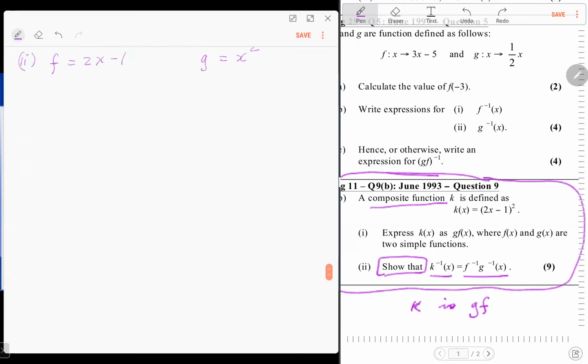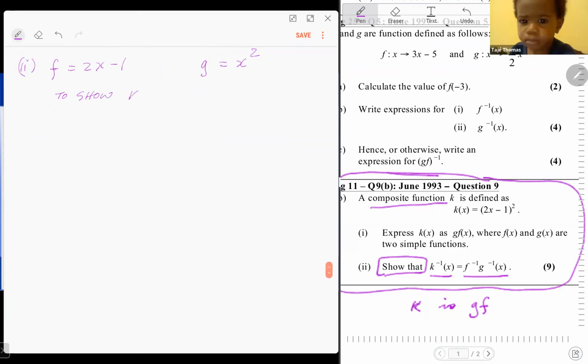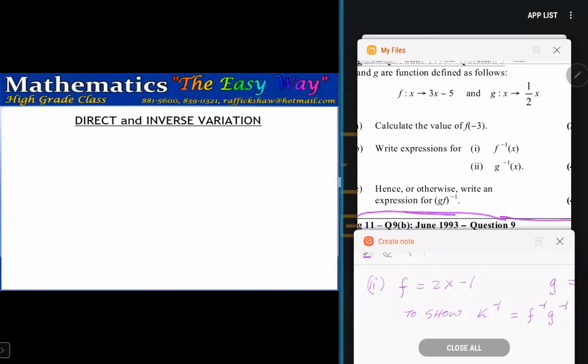And what we require to do is to show that the k of x, let me write, to show that the minus 1 is